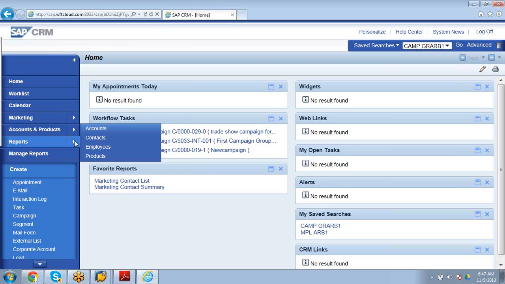They are available for only the top management like marketing manager and above. Everyone cannot see the overall reports.